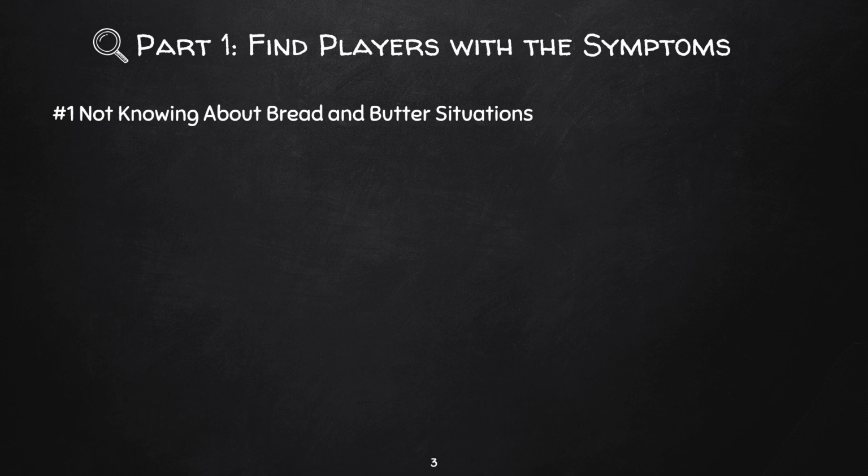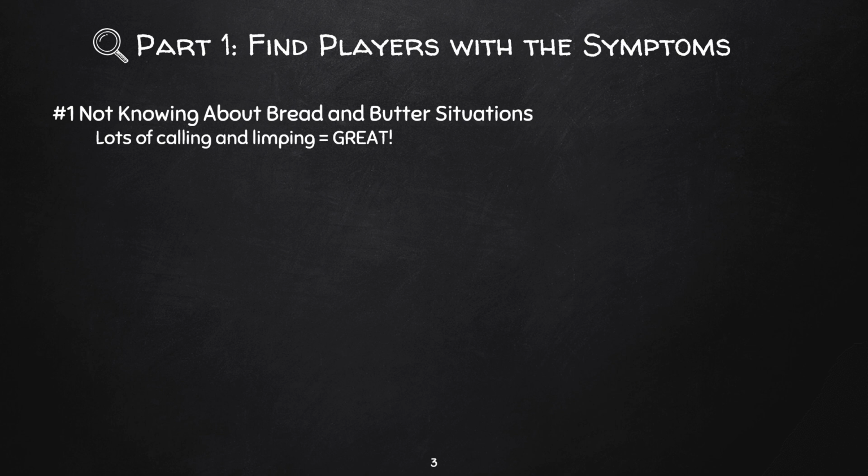The first symptom of a fishy player is the fact that they just do not know what bread and butter situations are. The general thing that you're looking for is too much calling and too much limping. Players that do this way too often, they just don't know what bread and butter is. You know, callers, they allow themselves to get to the flop without initiative and often out of position because they're calling from the blinds or calling from a middle position with late position players still to act. And when they call, they're not doing anything to limit the number of players in the pot. So they get to plenty more multi-way pots post-flop.